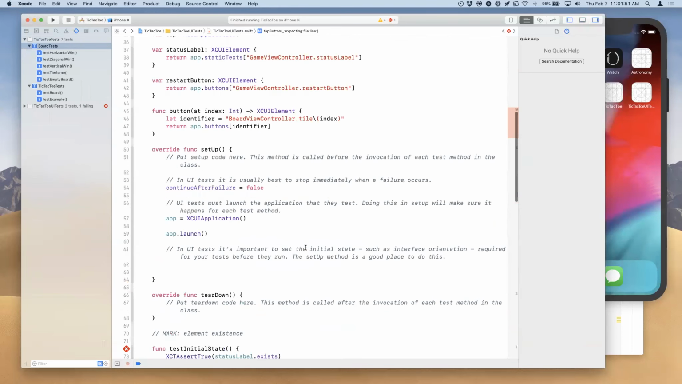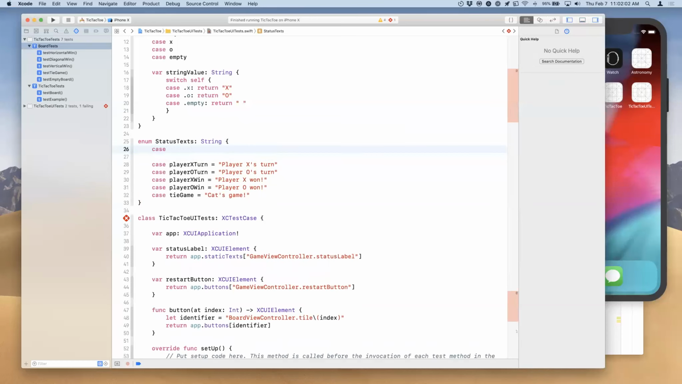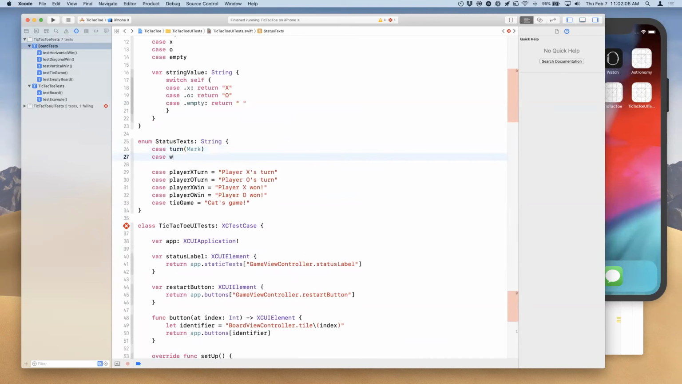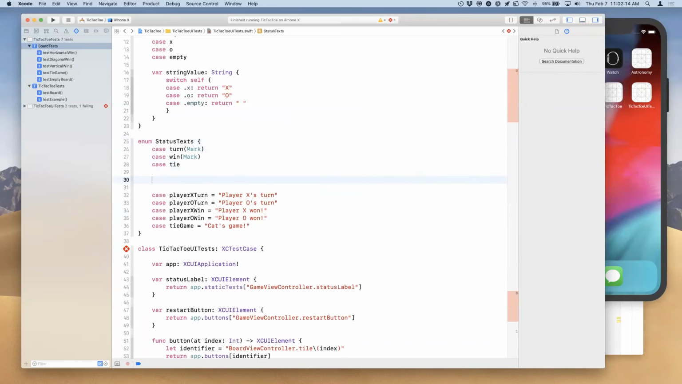I want to clean this up a little bit. I want to be able to maybe pass in a mark. So maybe I want to change this to be case turn and then pass in a mark, case win, pass in a mark, or case tie, right? In which case now I need to,